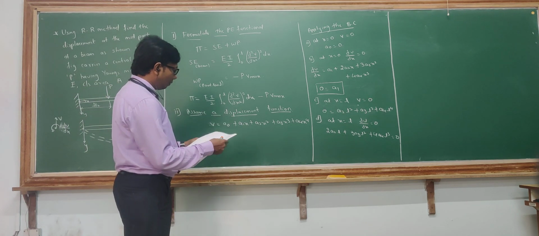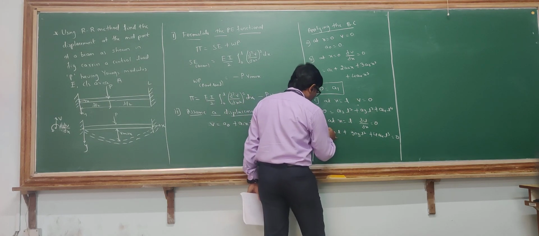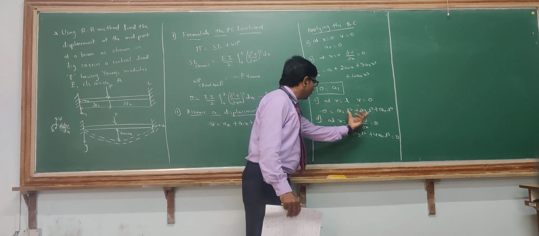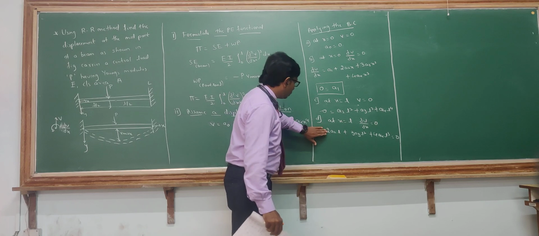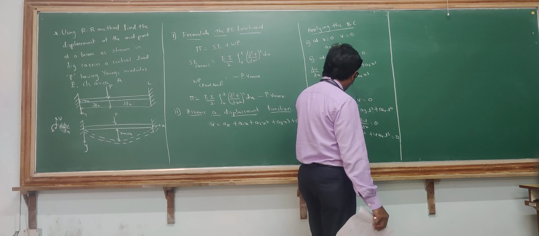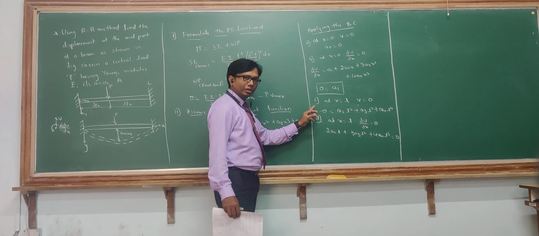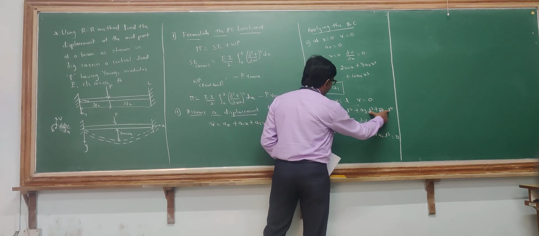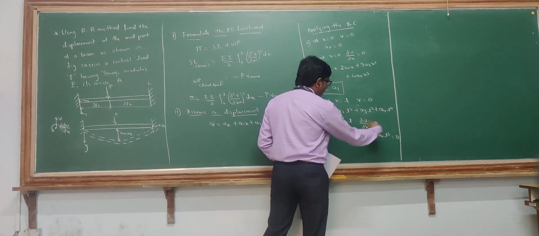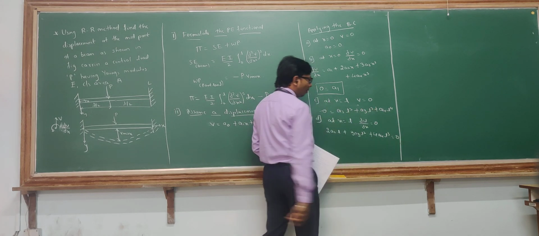So what we are doing here is we are getting the values of C and D. When you apply the boundary conditions of C and D, we will be getting two different equations. When you get two different equations, we will be applying those relationships to find out the values of A2 and A3. So what I will do is I will consider these two equations. I will write A2 in terms of A3 and A4. Here I will just substitute it. So when I substitute it, I will get the value of A3 in terms of A4. So if I substitute here, I will be getting A2 in terms of A4.